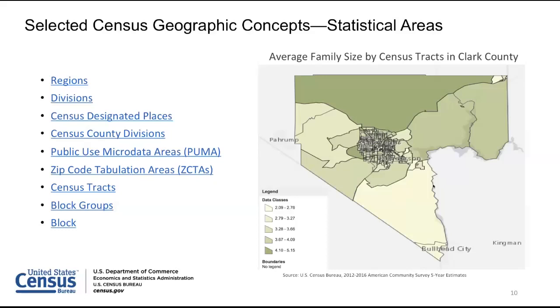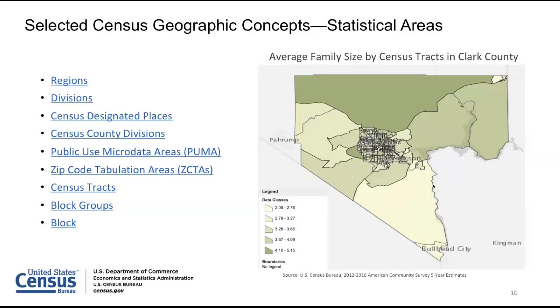That is the second lowest level of geography, but it is the lowest level of geography for the American Community Survey. The ACS does not go below the block group level. Now, the block groups are subdivisions of tracts and also based on population size and housing units. The lowest level or base level of geography is going to be your census block. That is the lowest level, and it is not based on population size or housing units, and only decennial census data is available at that low-level